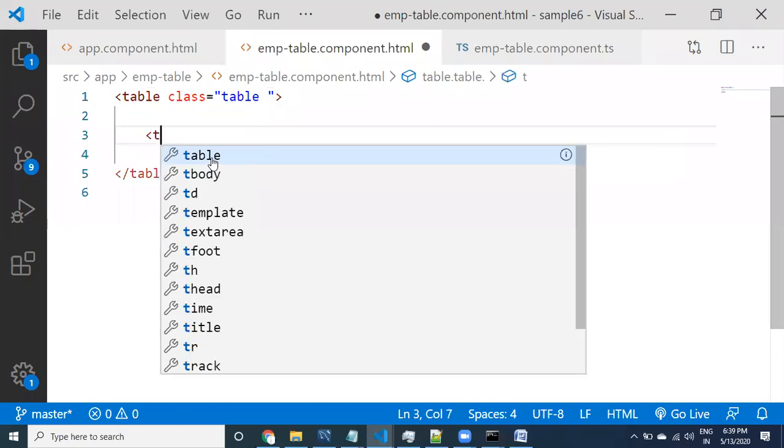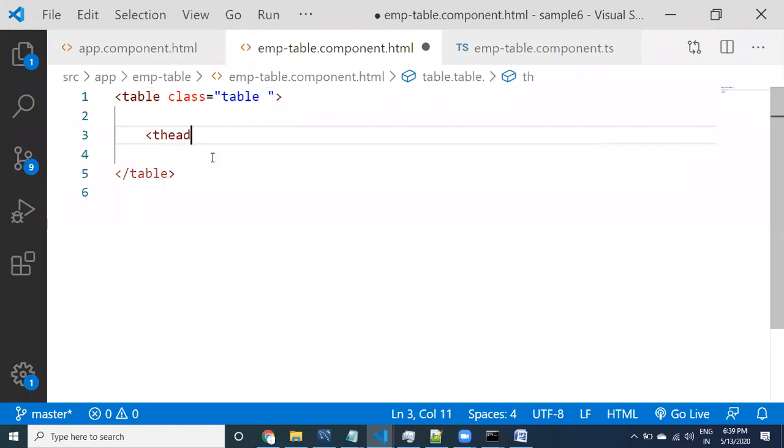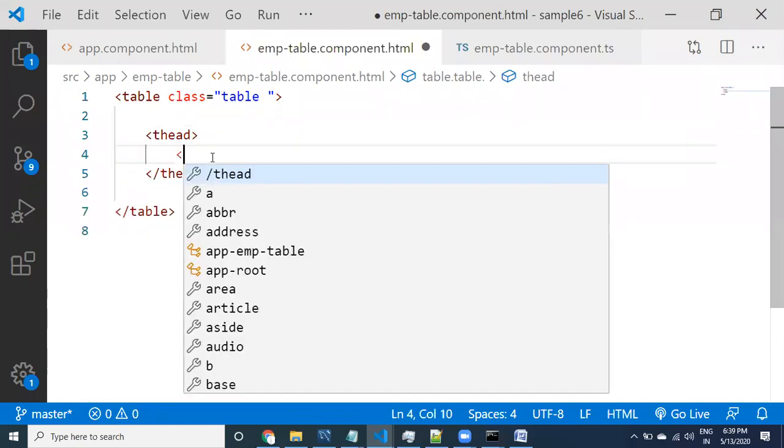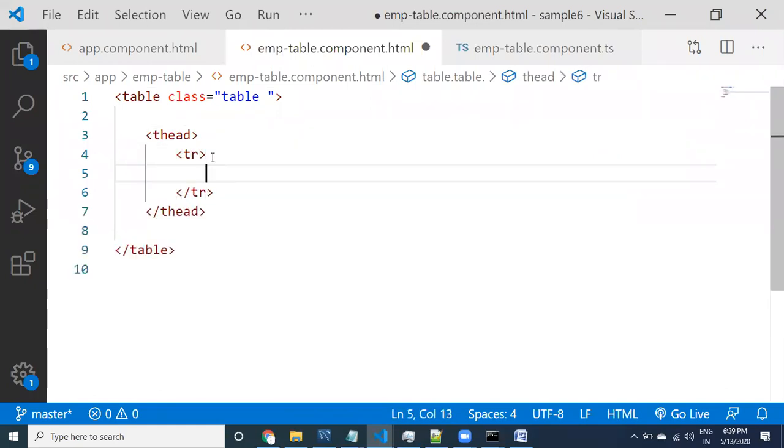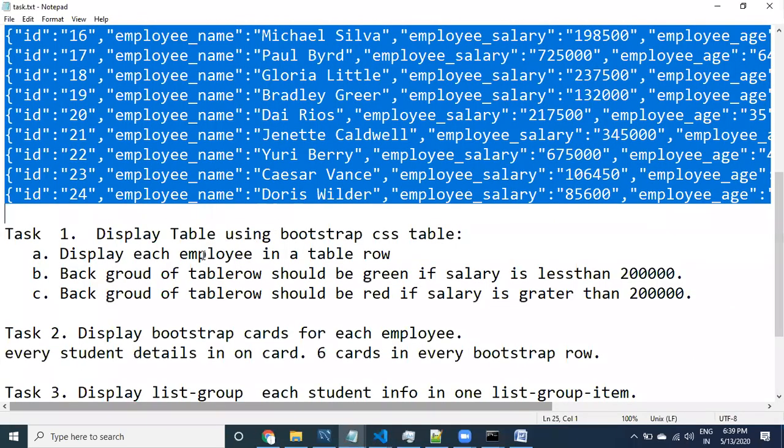So now table body, t head. Here, let us take a table header. So what are the headers available here?